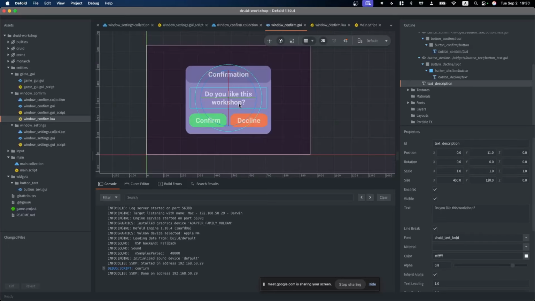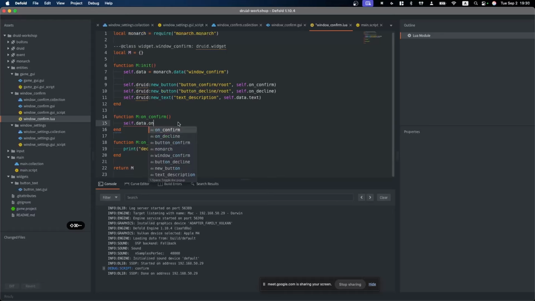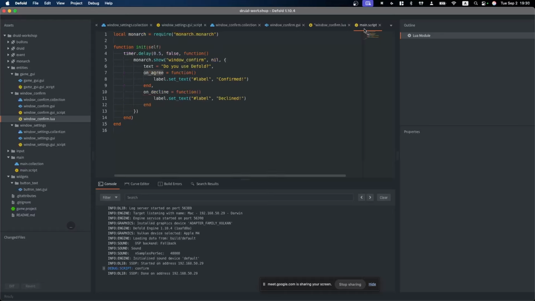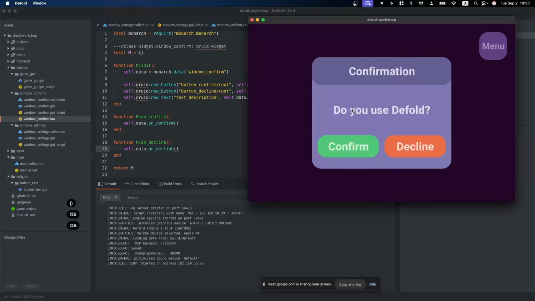For example, if we want to make something in the window, we just go to this window and make adjustments here. We have data on agree, on not agree or not. Let's make it on confirm, the same name. It's just a function. We pass a function on confirm and on decline and run it.